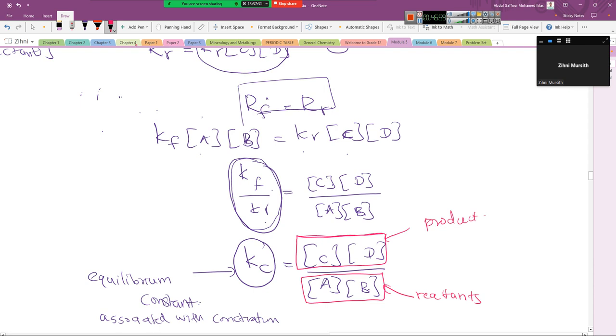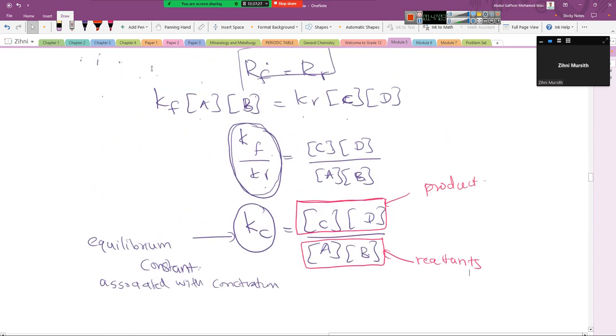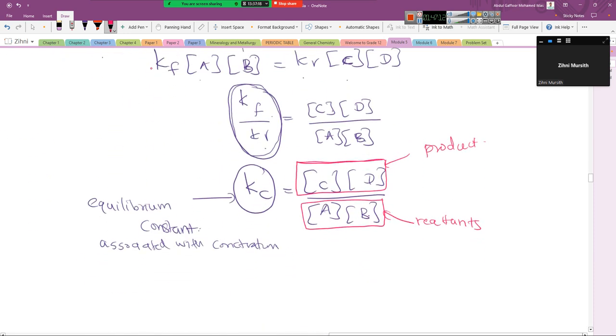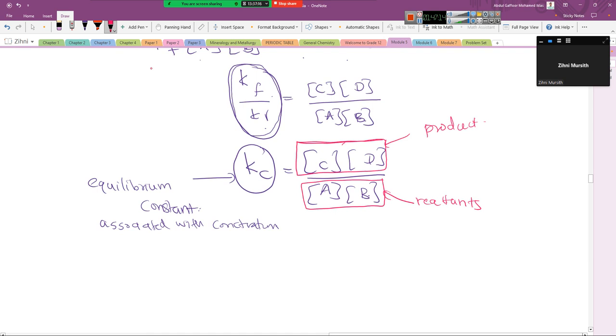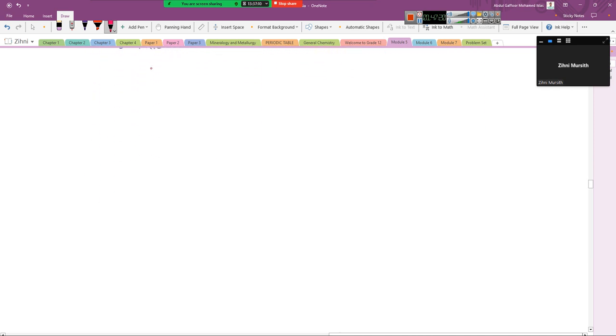Right. Now we will be doing some examples. If we have a stoichiometric ratio, why? Because in the equation we took, we have 1, 1, 1, 1, so the exponent of each concentration is also 1, 1, 1, 1. But if we have a generic equation like this,